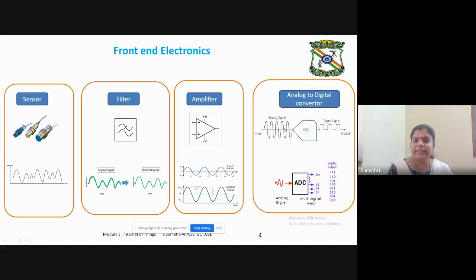What it does is convert my analog signals into digital values, zeros and ones. Suppose, I have given an example of 3-bit. If it converts into 3-bit, my analog signals will be represented in terms of values from 0 to